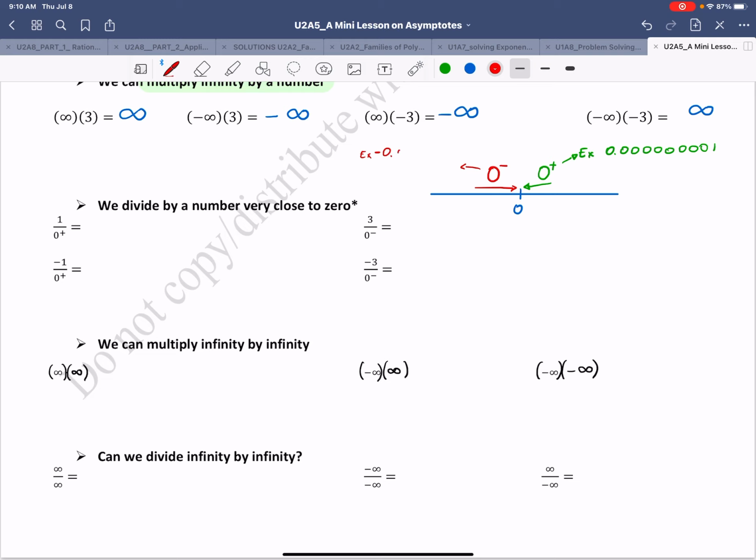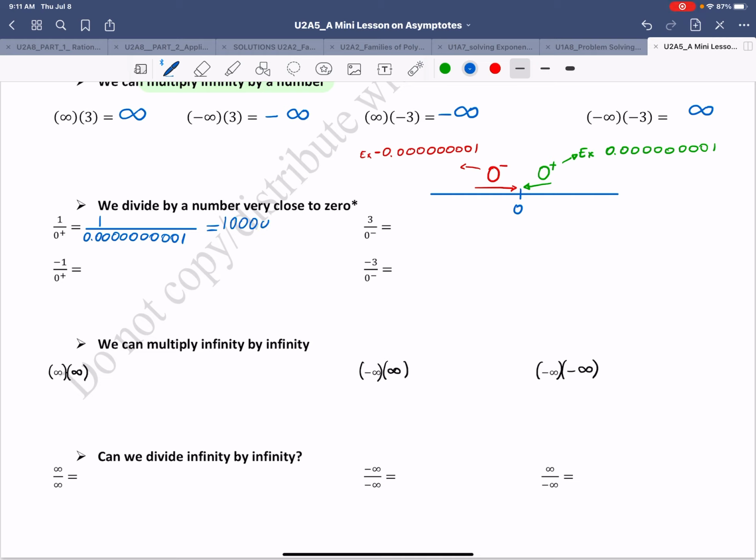negative 0.0000, and you can add as many zeros as you want again. So imagine that we have number 1 divided by 0 plus. So number 1 divided by, I'm going to write a fancy number here, 0.12345678910. I'll stop here. And if you use the calculator, then the calculator will tell you that this would be